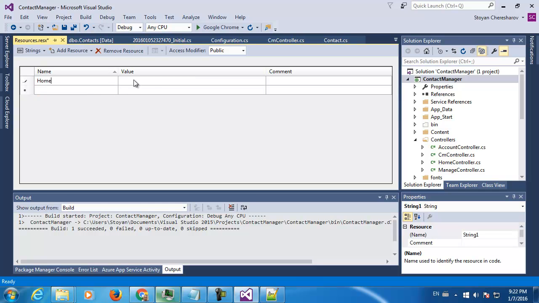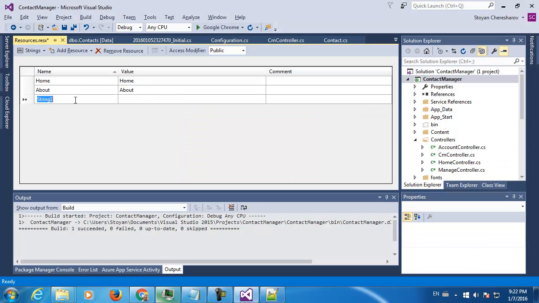Home is the ID of the term, and this is for English. This resource file will be for English. Home. What else do I have? About, contact,